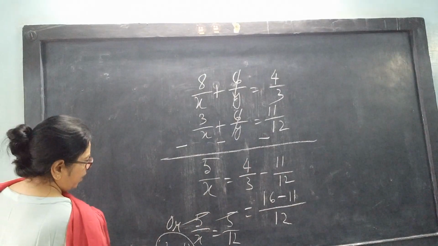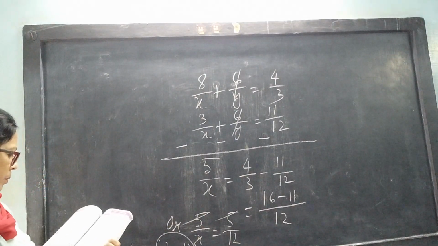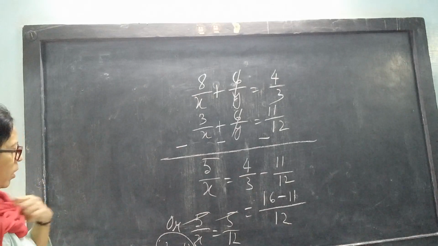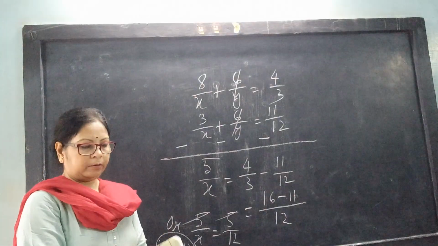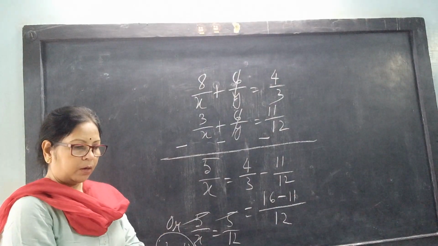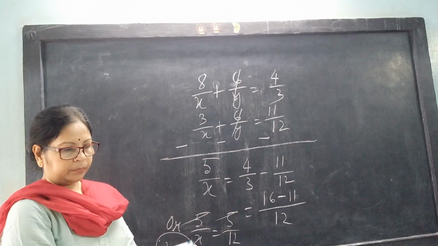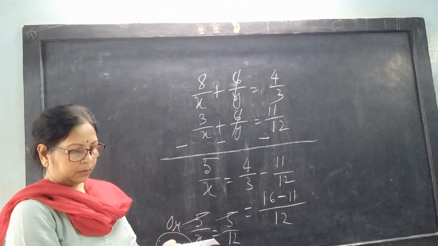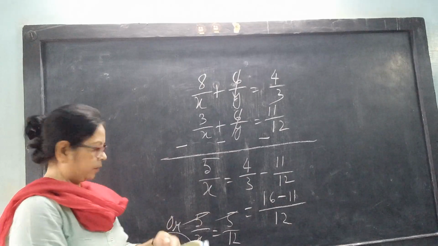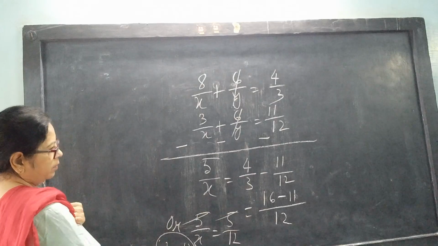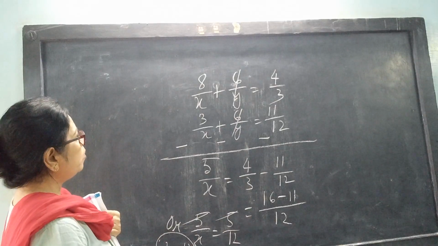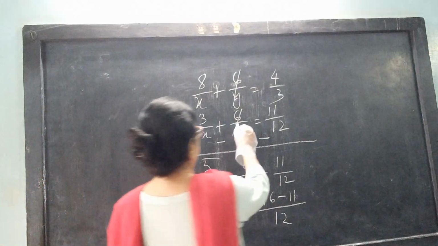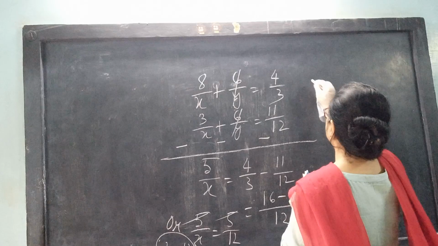So we have got how many days Lalima took to complete the work separately. Lalima has taken 12 days. Let's check the answer in exercise 5.7, number 7. Yes, Lalima took 12 days. I have got x. Now we have to find the value of y. So first we will put the value of x in equation number 2. This is my equation number 2.